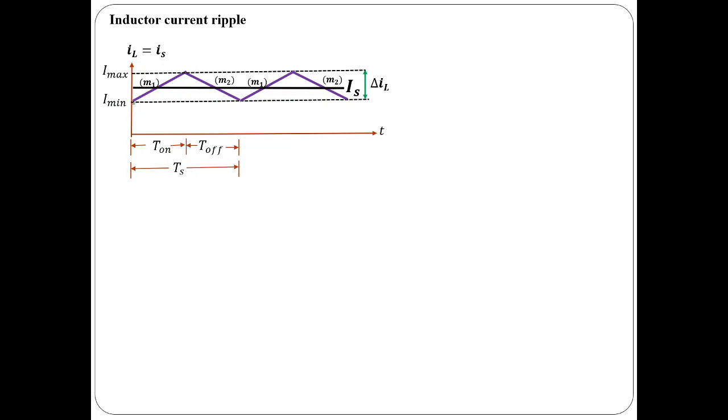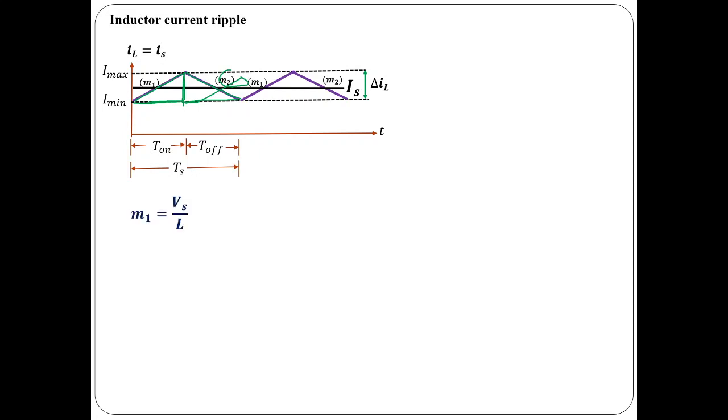So that is same as the rise in the current during the on period, or this height again is same as the fall in the current during the off period. So what is the rise in the current during the on period? That is M1, the slope, into this distance. If I want to find this height, which is delta IL, that is equal to M1 into this distance, which is d into Ts. Or it is equal to M2, the slope, into this distance, which is equal to (1 minus d) into Ts.